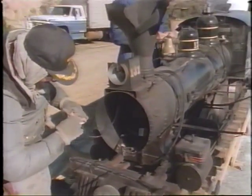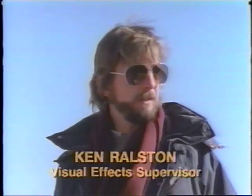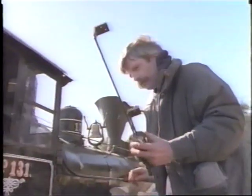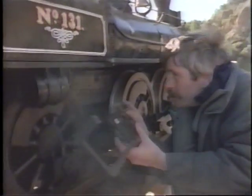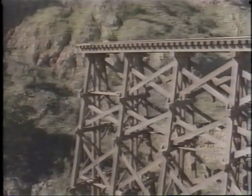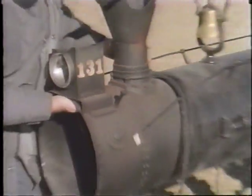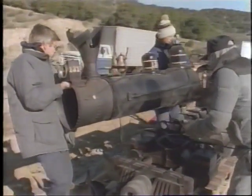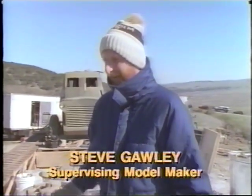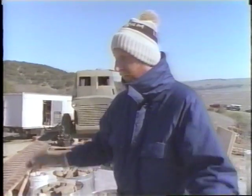It's as small as we could make it, as the model, and still retain all the scale of this explosion in the surrounding area, everything to look right. It's a nice, beautiful, expensive model sitting down there. Gorgeous thing, the model makers love it, and we're about to take it and fling it off this trestle and smash it to pieces. We've relieved the frame, the chassis, has strategic points that hopefully it'll crunch and bend just like it should. And it's all over in 2 seconds, and it was about a 2-month job to put